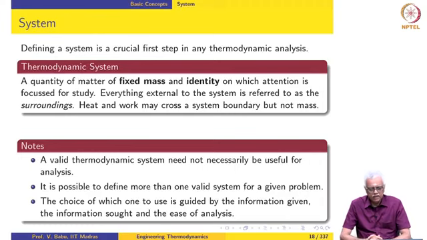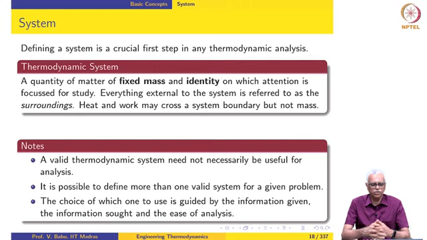Certain important points are to be noted with this definition. Number one, a valid thermodynamic system need not necessarily be useful for analysis. In other words, you can define a system which is valid, but one which is actually not useful for analysis because it is so difficult to actually carry out analysis with this system. It is valid nonetheless, but it is not really suitable for analysis purposes. That is quite possible. And the second point is that it is possible to define more than one valid system